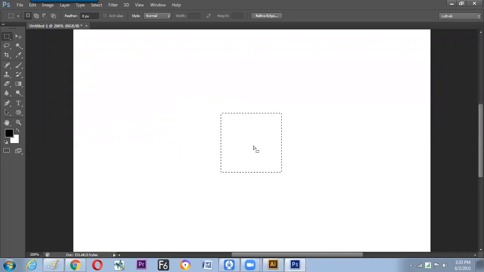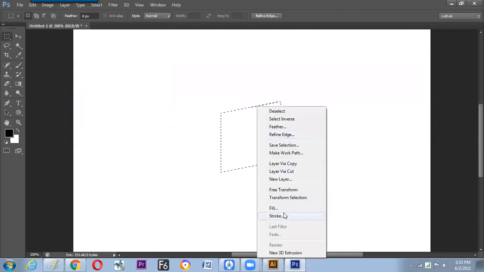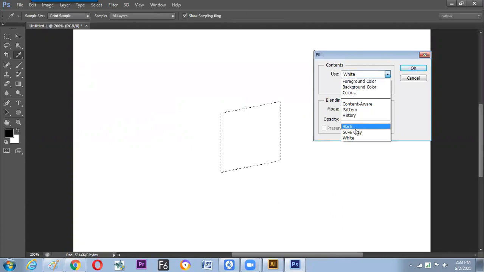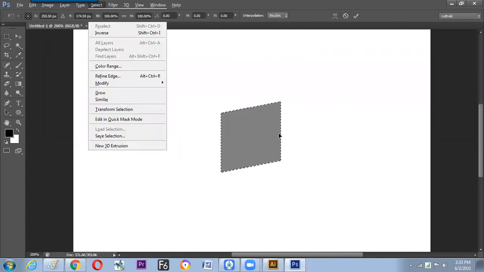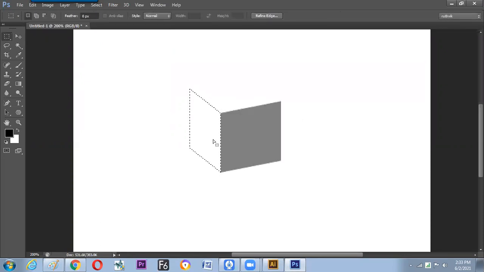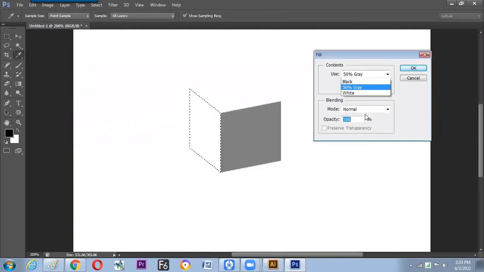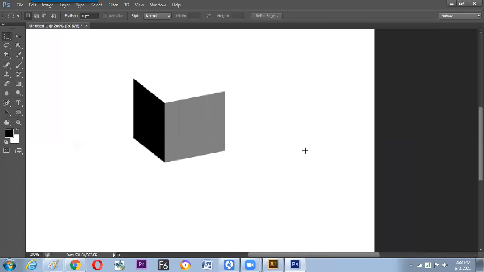Yes, we want to make a simple book design first. Alt S T, hold the Control, press Enter, give a right click, fill it up with a gray color. Now the same job, Alt S T, hold the Control and get the other side of the book ready and fill the other color. So easy. How simplified a way we can make the design. So the book is ready.